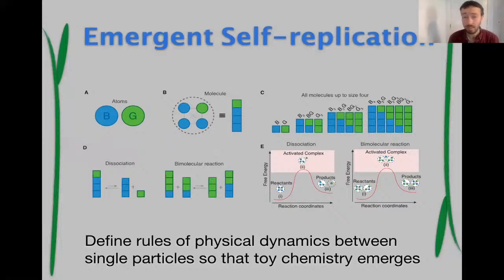Living things make copies of themselves, but so too can simpler combinations of atoms that form molecules that have different tendencies to react and form other molecules as they combine and break apart. So you can use an Arrhenius law to take the function describing the energy of the molecule that is built out of the atoms that interact with each other and turn that into predictions about reaction rates amongst the different